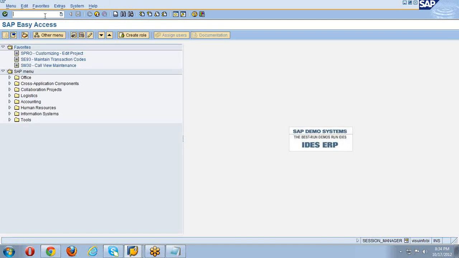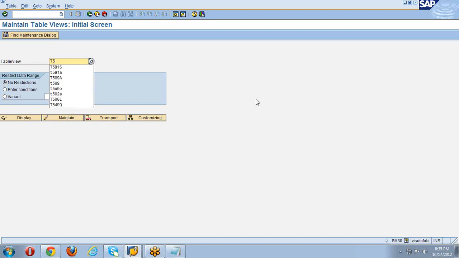Now what else is left out? We haven't given what types of subtypes we need in that list. We have just created a subtype called transport type, but under transport type what options do you need? We have never given that. So what we need to do is go to SM30, go to the table name T591A